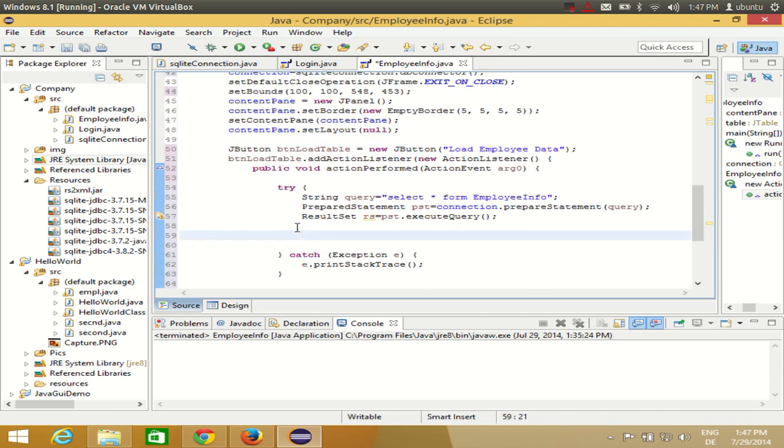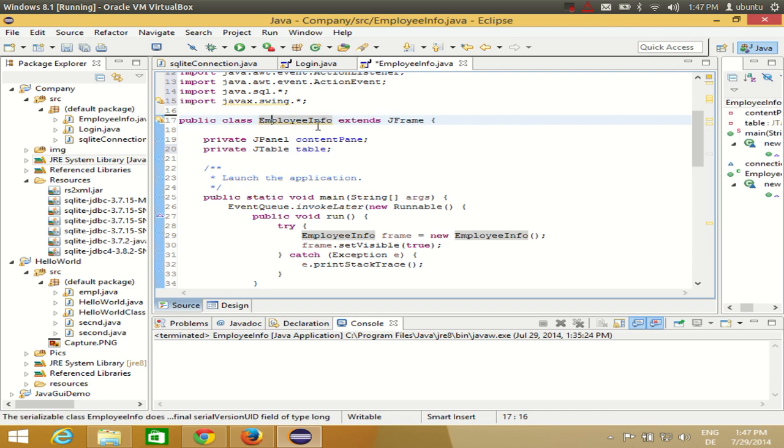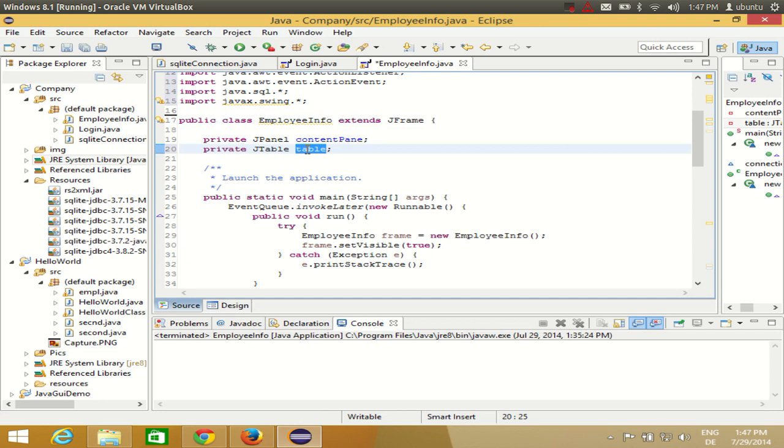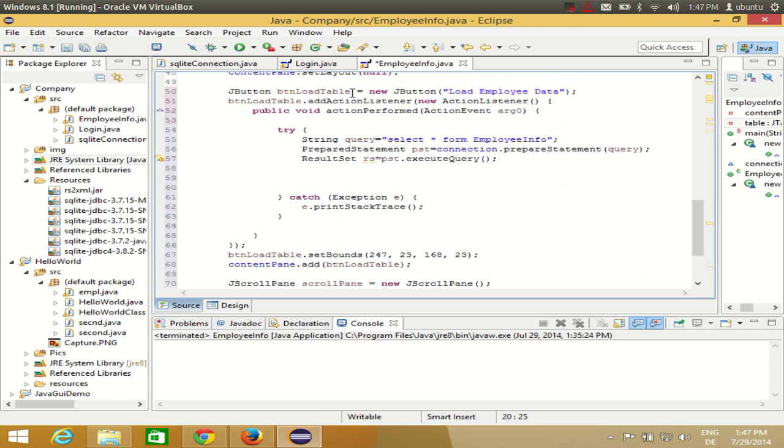So the table name was table. Here you see the table name was table. Okay, so if you don't find the table name, just go at the start of your class where the public class declaration is, your class name extends JFrame, and in here you will find your table name, which is table, right? In our case, just come to your button action perform method here,